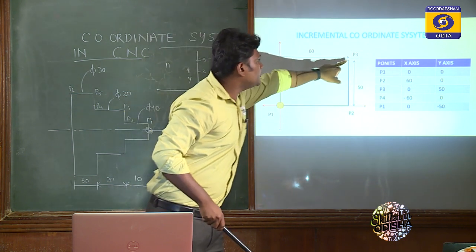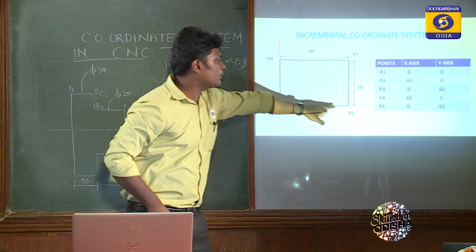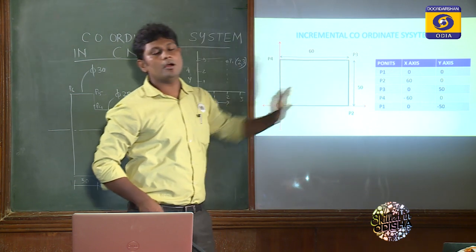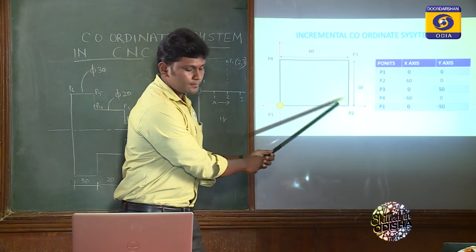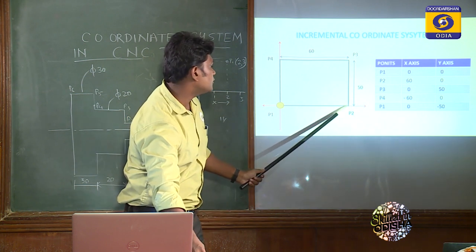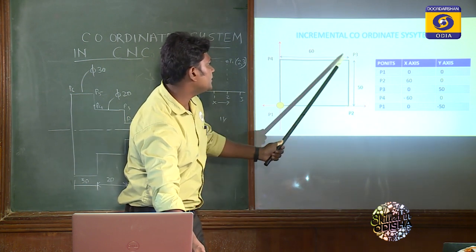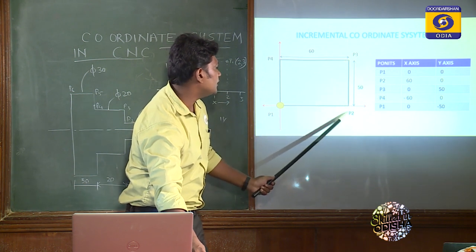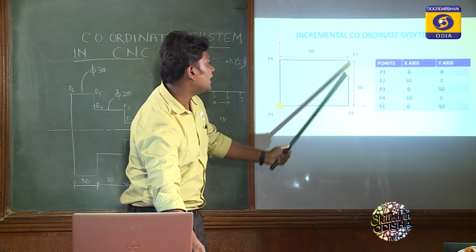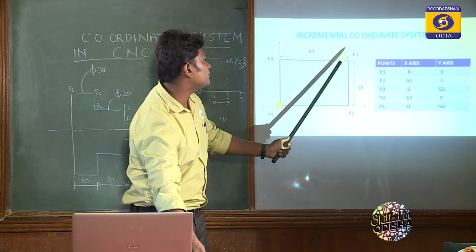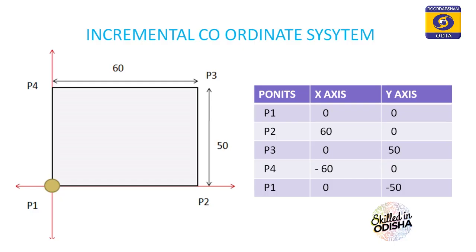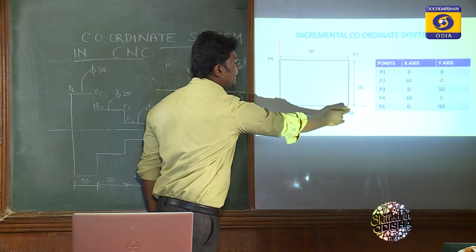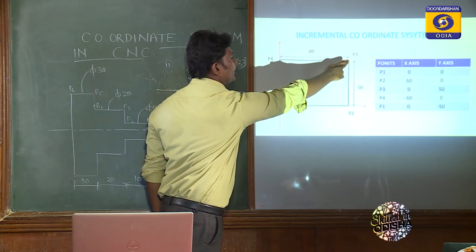Now when you move to the P3 value, our previous point P2 will be considered as our origin. So this point is now our origin, and this one will be considered as 0, 0. Now what will be the P3 point? As it is above this point at a height of 50, only a y increment is possible, but there is no increment in the x-axis. So the x-axis value is 0 and the height is only 50, considering P2 as the origin. So with respect to P2, the P3 location will be 0 and 50.